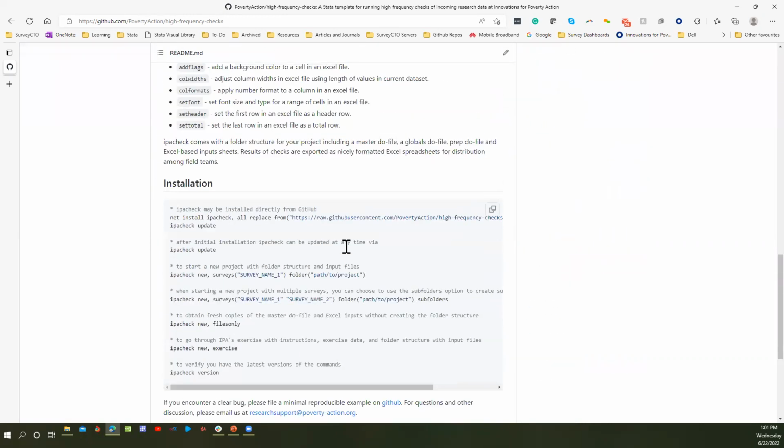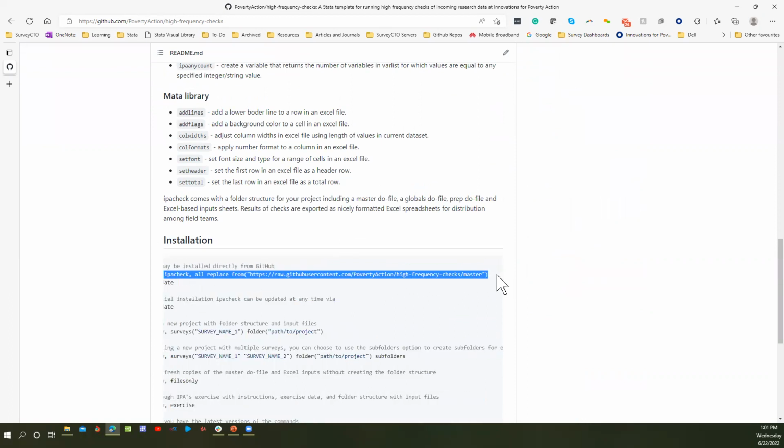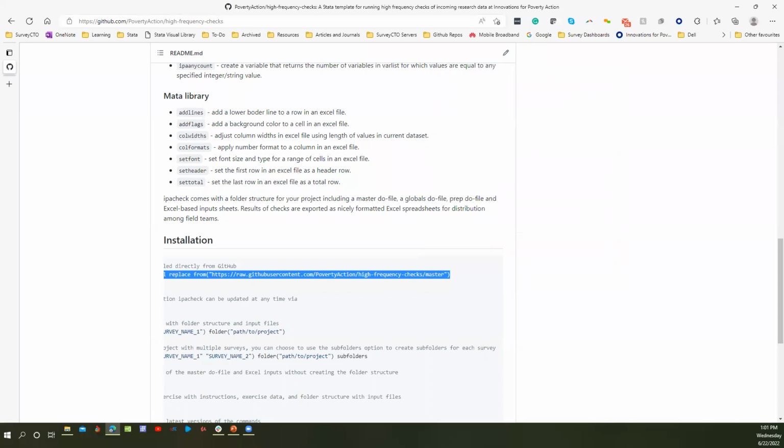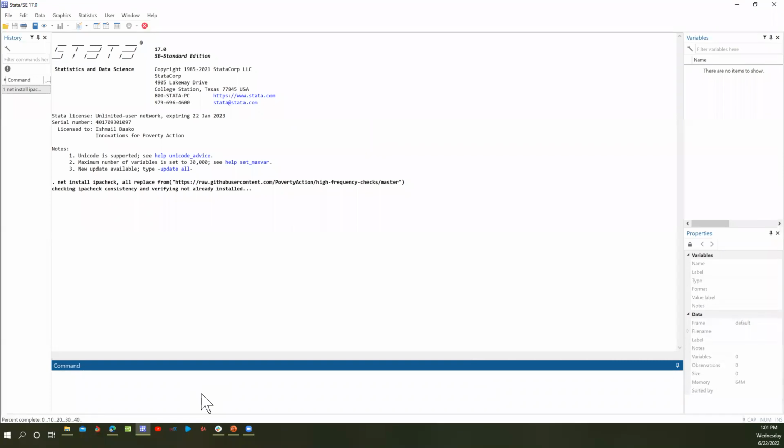Installing it is almost the same. You basically run the net install command that is up here. So I'm just going to copy this and paste it in Stata, and I already have it installed. Depending on the internet, this might be a little bit slow, but once you run that, it would install all the files for you.